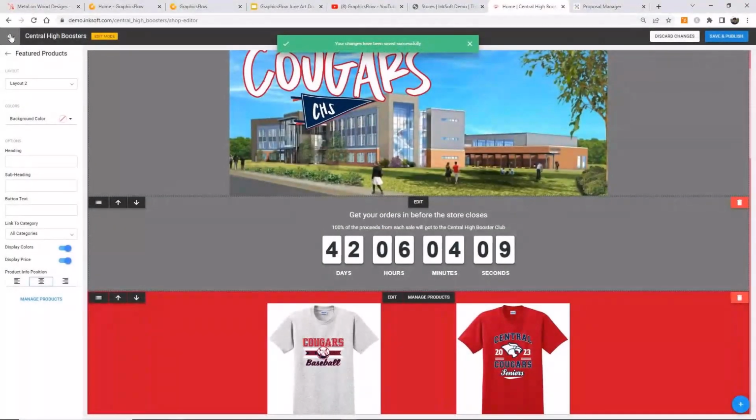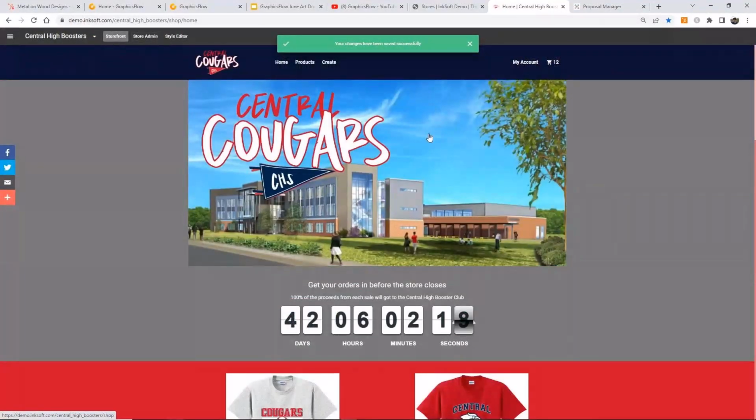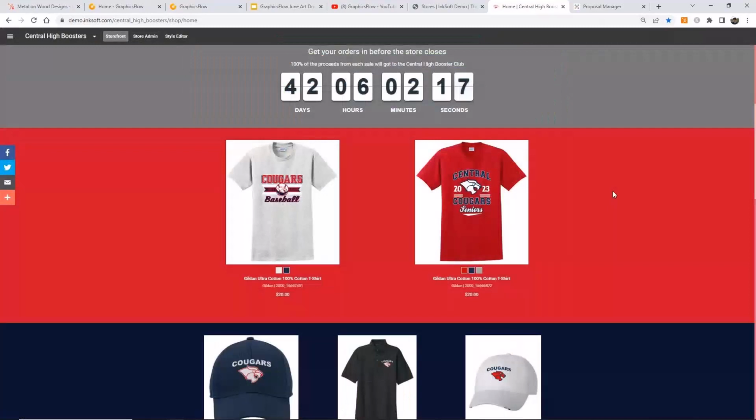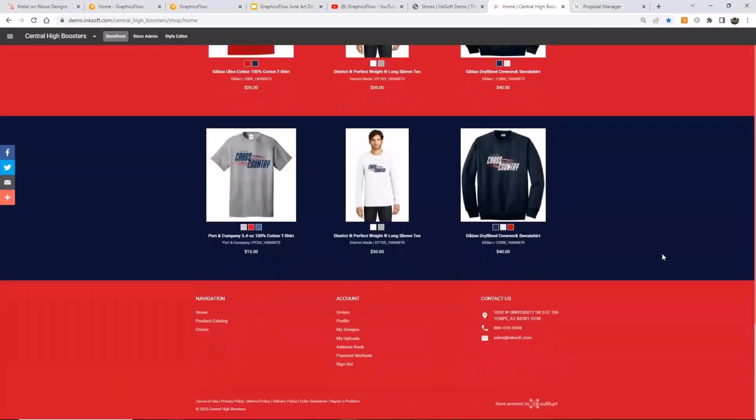We'll get out of editing view and just take a look at what the store looks like right now. So now we've added these products. If you scroll all the way down the page, and this is mobile responsive, the customer can pull this